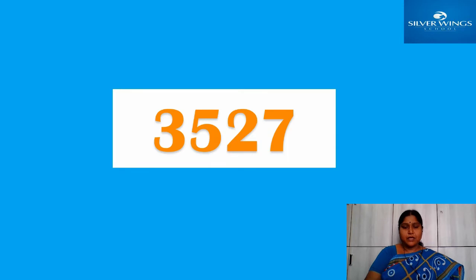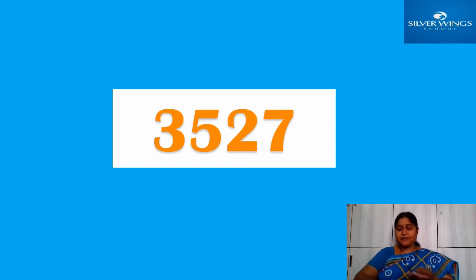Now here, place value of a digit. See, I will show you. Here I will give a number. Do you know what this number is? Yes, 3527. Once again I will revise the previous class place values. You should start from the right side. At your extreme right, 7 is there. 7 is in ones place. 2 is in tens place. 5 is in hundreds place. 3 is in thousands place. I will repeat. 7 is in ones place.